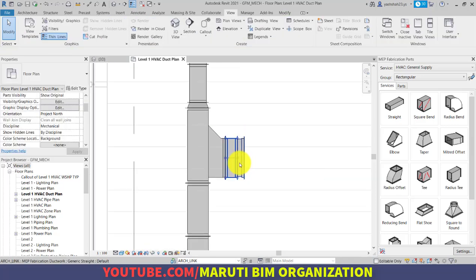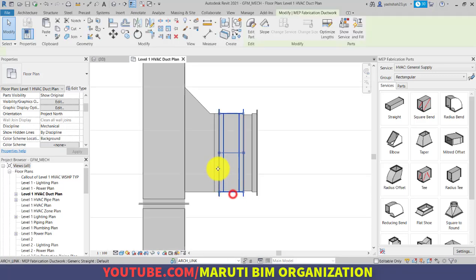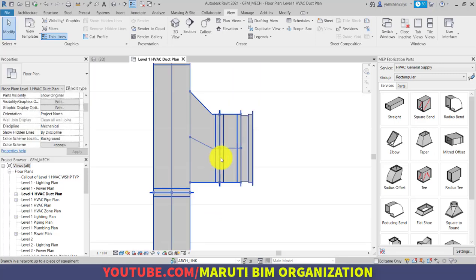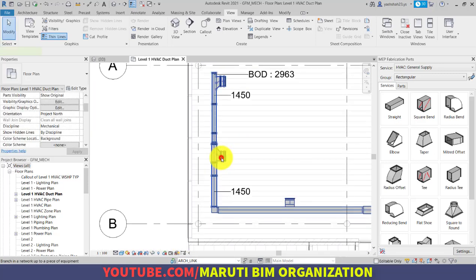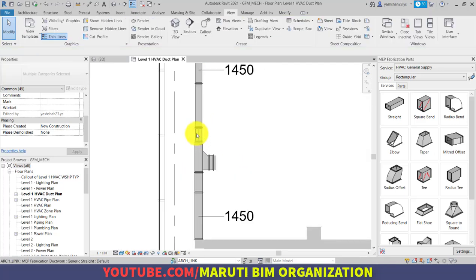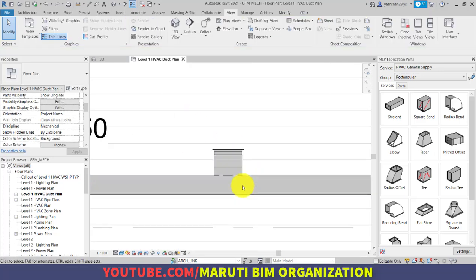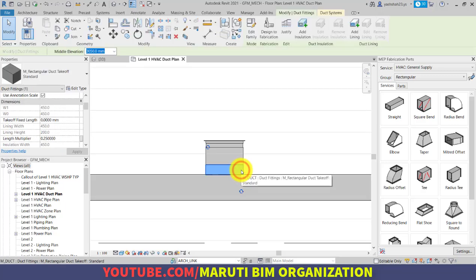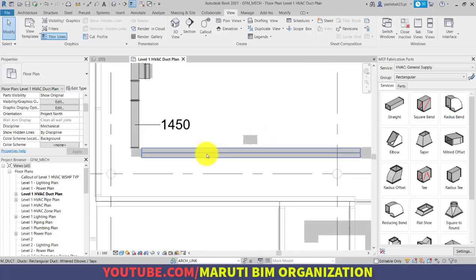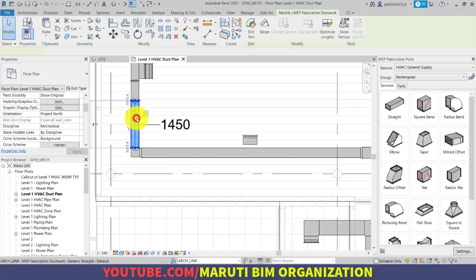Now if you press the tab key, as you can notice, all the duct has been selected, that means this connection has been placed very nicely. Similarly, I am selecting this duct, deleting it, and repeating the same procedure here as well.